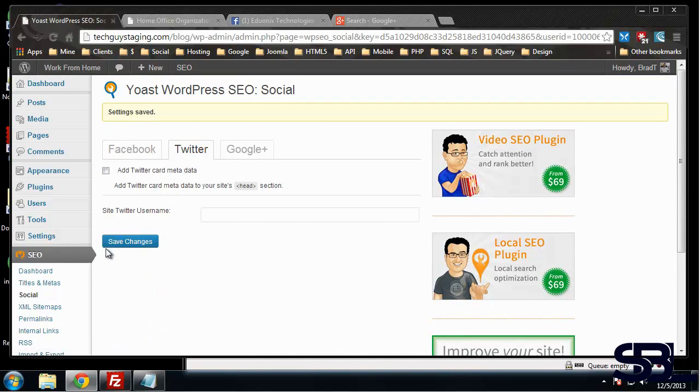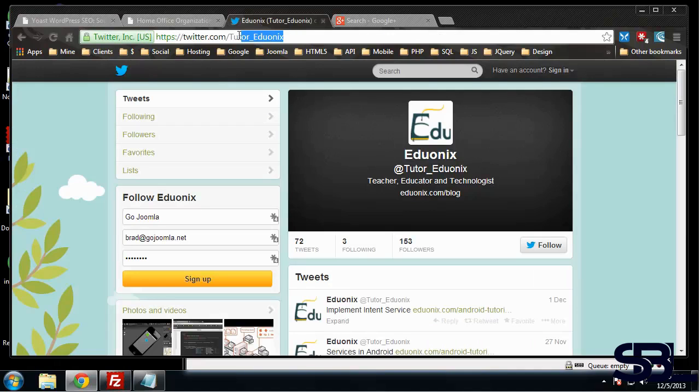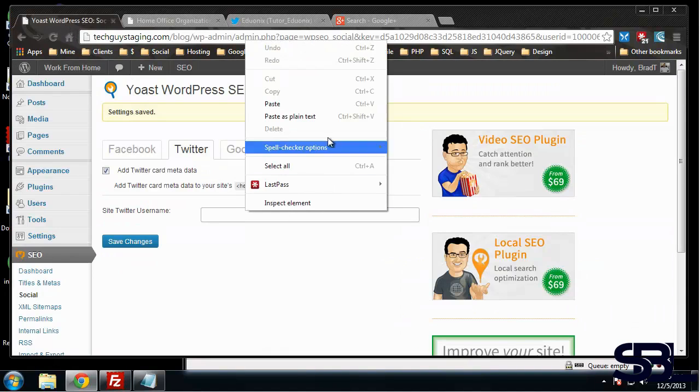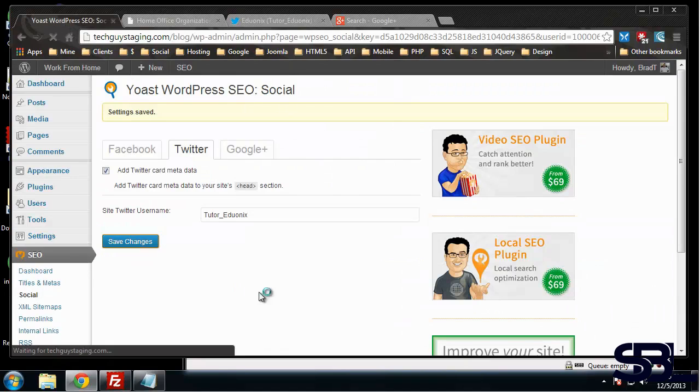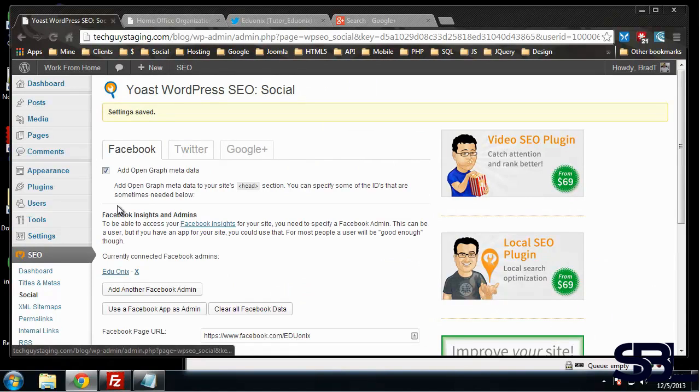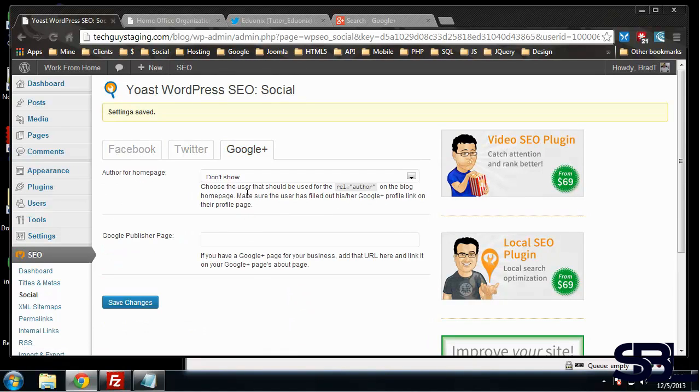and now we can take a look at the Twitter tab. There's not too many options here. We can choose to add the Twitter card metadata, which will go in our head section, so we'll do that. And we can go ahead and grab our Twitter username from our profile. Alright, so now we're connected with Twitter, and Google Plus is actually a very important one,